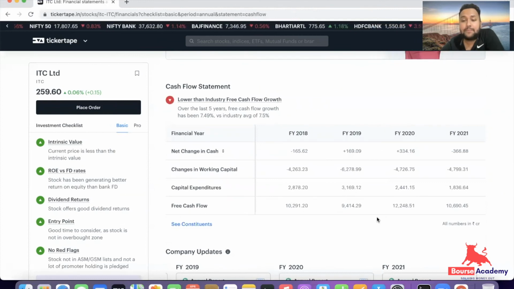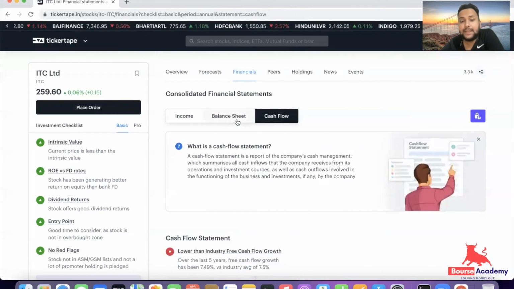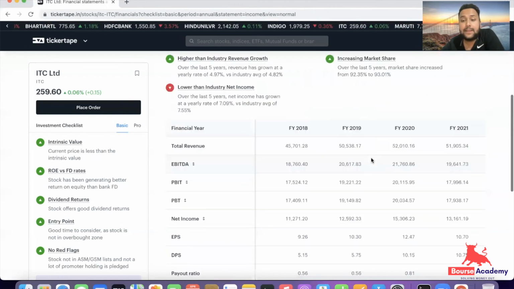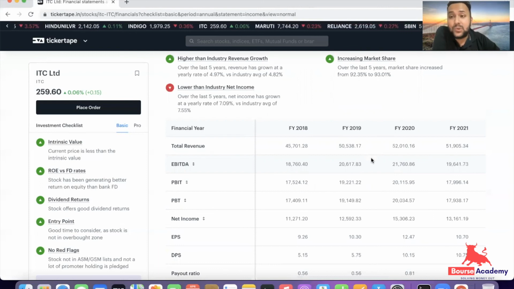If you can see, the capital expenditures have been reducing in the company, and you can clearly see that the net change in the cash has also been slightly going down. So these are the important parts of the balance sheet that can be seen via the balance sheet component available on the financials. तो financial में जाके हम लोग इसको भी यहाँ से निकाल सकते हैं. And the balance sheet is also important, but income is the main thing, because a company's growth, a company's biography, a company's full detail is learned using income. तो income के basis पे ही हम लोग market में अच्छे से अच्छे कंपनी की एनालिसिस और रिसर्च और ड्यू